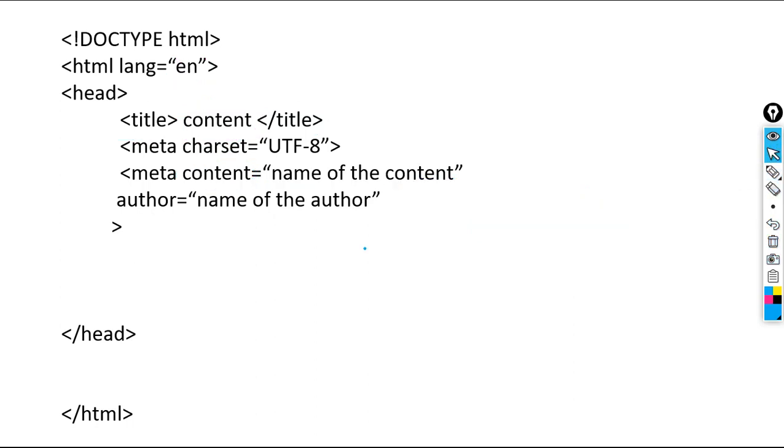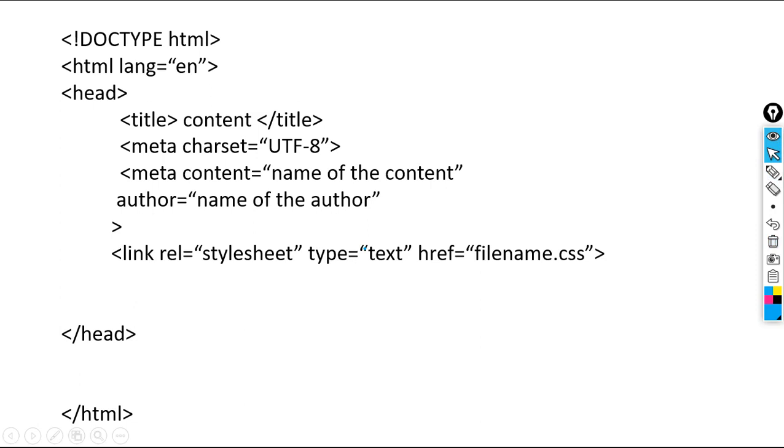Again we have link. Link is a self closing tag, it is a void element. Why do we use link? To link the current HTML document with an external style sheet. Here let me explain the attributes of the link tag.